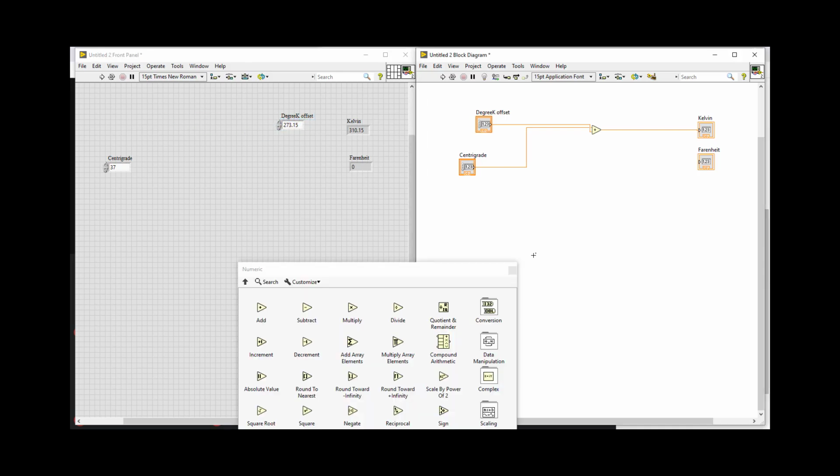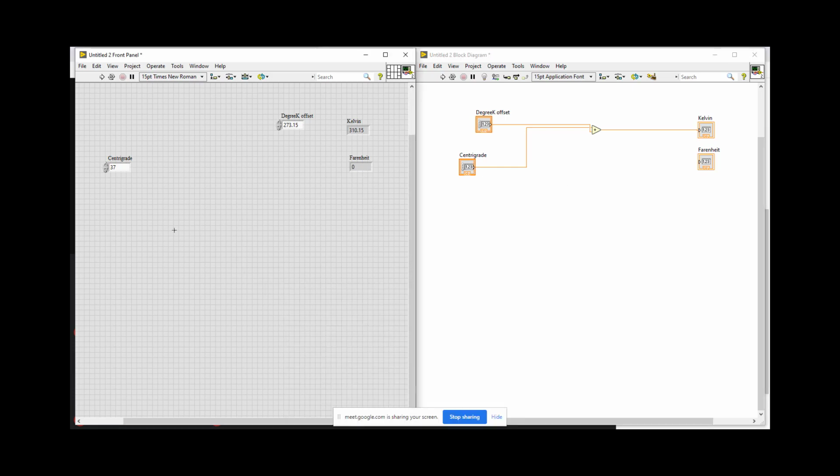Okay, and now if I want to convert centigrade into Fahrenheit, so the formula is, yes, you can take some notes or type anything also on your front panel, like that is a label on your front panel. This is also a label, but yes, you can put some warning or something else.